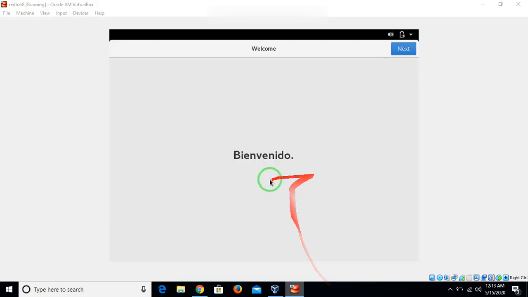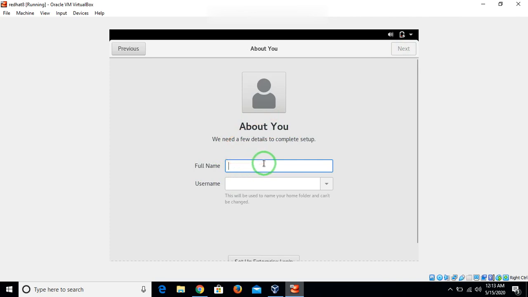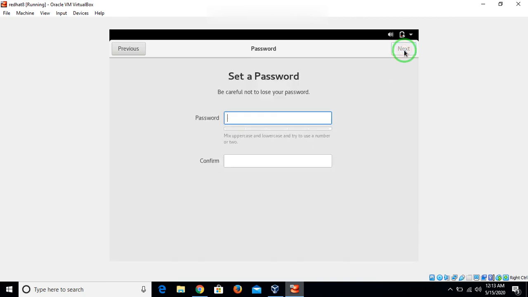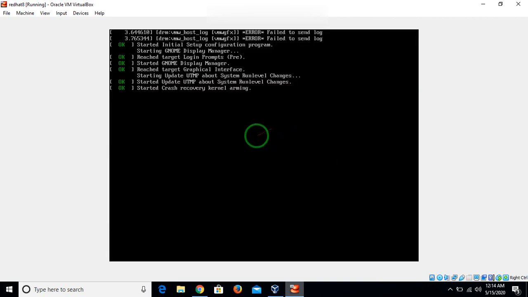Wait for the window desktop of your Red Hat 8. A welcome message comes up here. Just click next, next, next, and here you can configure your username for the first time. For me, I just click on Fayaz and set my local username and password here for the user Fayaz. Just click on next and next. Setup is ready. So my Red Hat 8 is now set up for the local user.